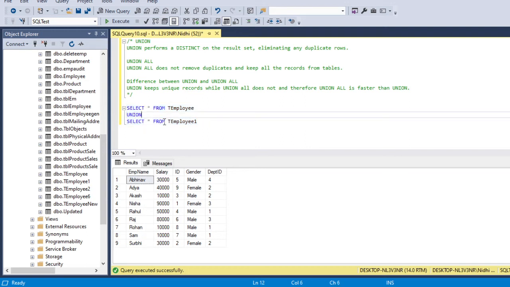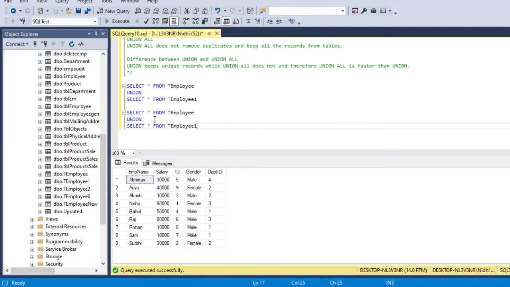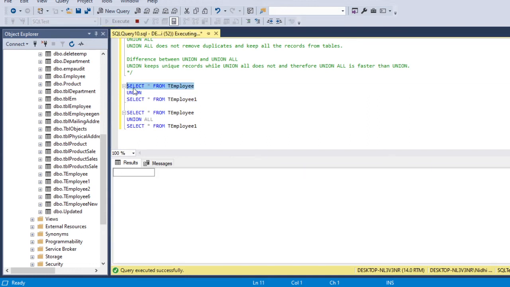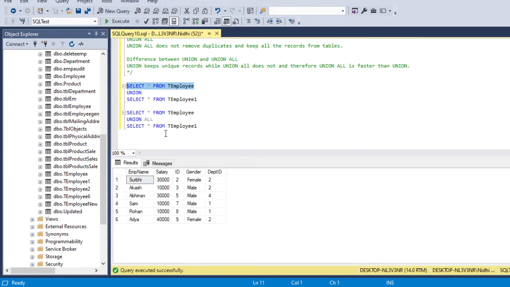Now if we perform UNION ALL, let's copy this code. Here we will perform UNION ALL. Now you can see that it has given us 13 records. In table employee we have 6 records and in table employee 1 we have 7 records.